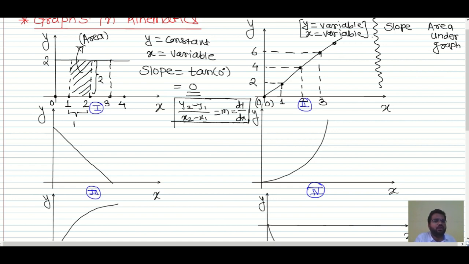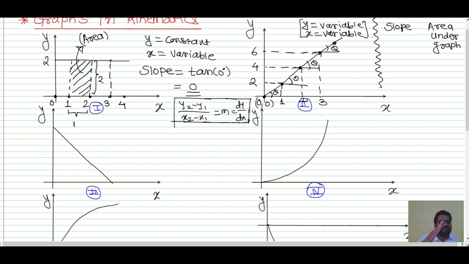y we have 4, x is equal to 3, y we have 6. So with respect to origin, if you see 1 minus 0 divided by 2 minus 0 divided by 1 minus 0, if you consider over here, this is theta supposed to be, and if I just draw the horizontal line, this is theta, horizontal line, this is theta. So see here, this theta is constant throughout. Indicates what? So what is slope?